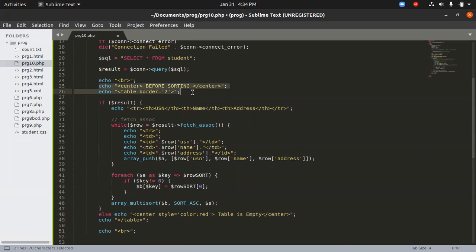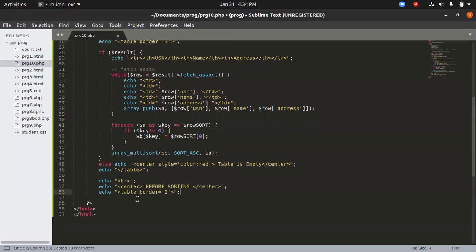Just copy this from the top, and make it after sorting. It's the same. The thing is, we're going to use the same result, and then we are going to use the count function here to count the value that we get from A here, and just rearrange it here using a for loop. So I'll show you how.